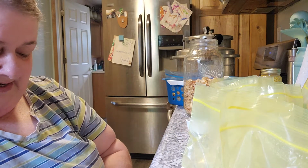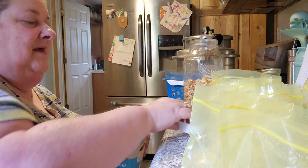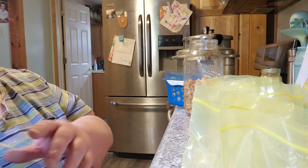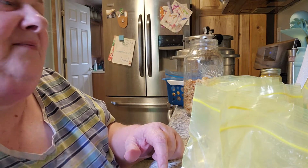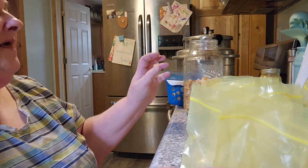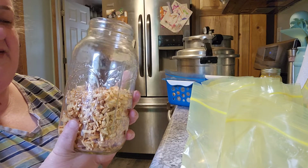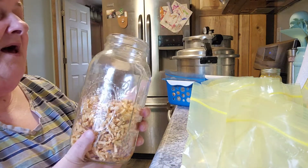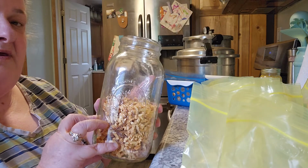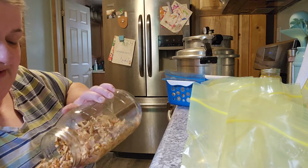So it looks like I'm going to get, I think, 8 out of this package. Because sometimes it'll tell you, obviously you have the same amount of ounces always, but it doesn't always mean it does the right amount. Anyway, in this jar, all this beauty is tons of apples. I chop them up real small, and then I dehydrated them. So then what I do